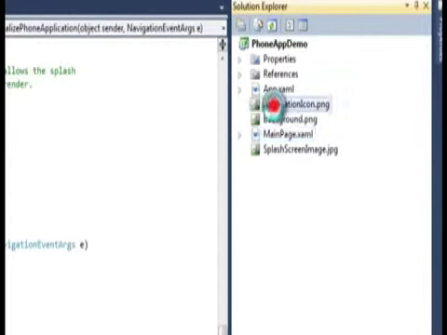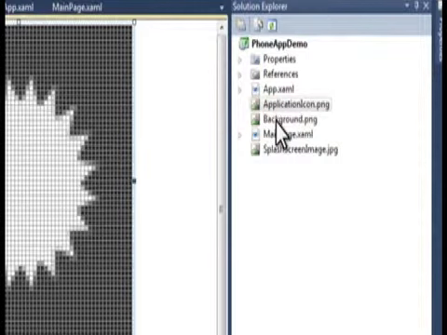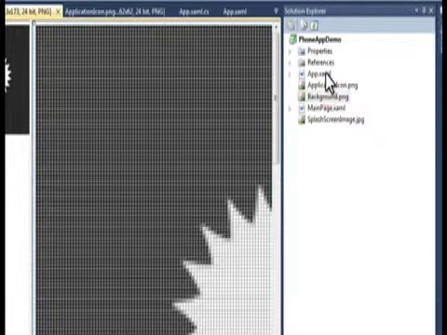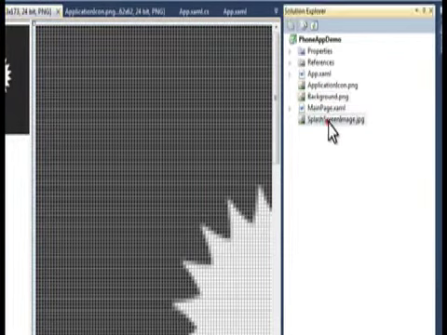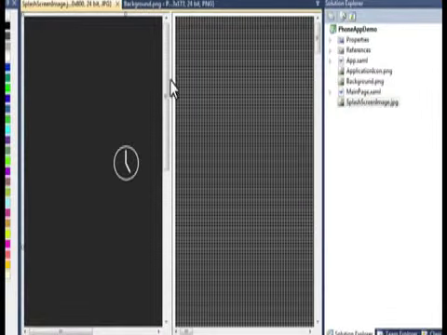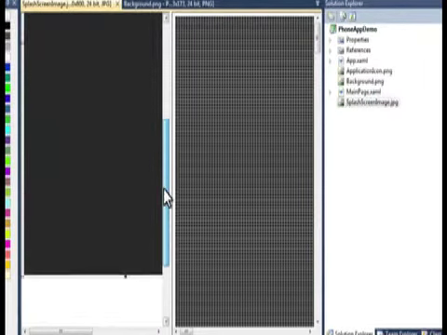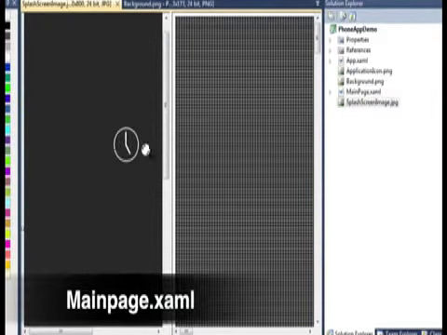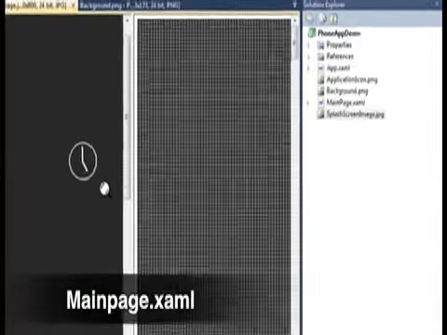Next, we have application images, which will be displayed once the application is loaded in the phone emulator. Similarly, the background image. The final image in the project structure is the splash screen, which has a clock image. It is displayed before our application is loaded in the emulator. Now let's open the MainPage.xaml